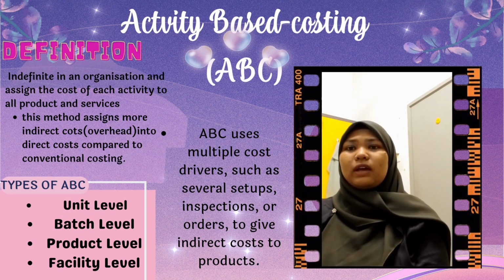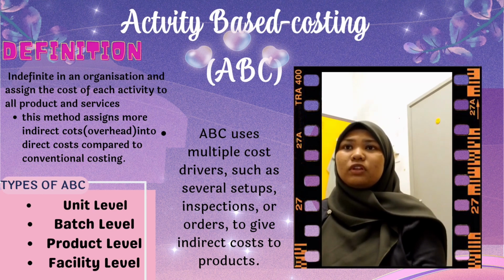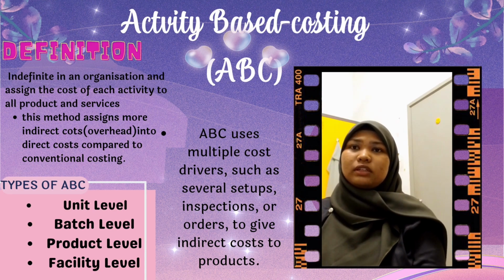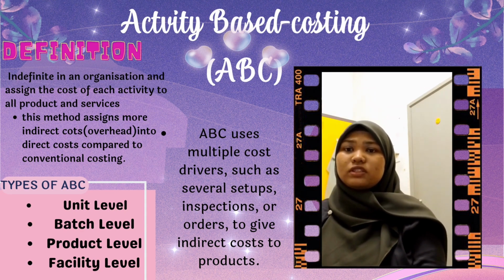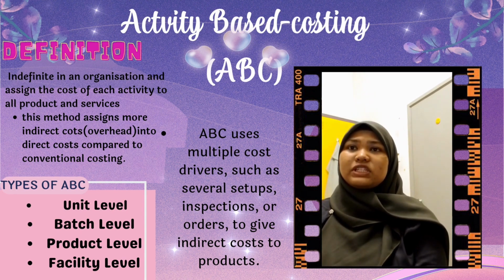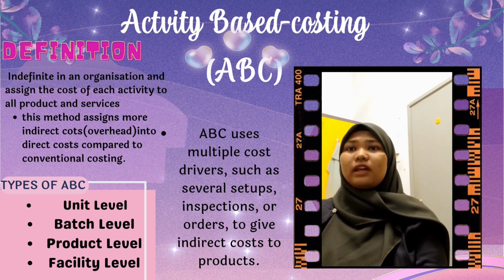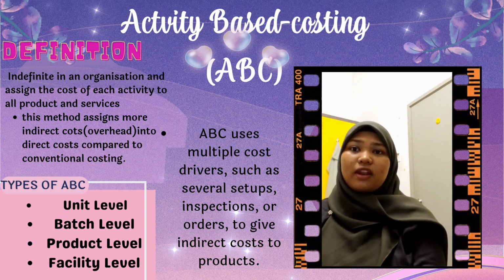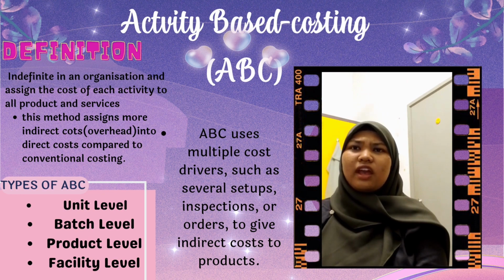We have 4 types: unit level, batch level, product level, and facility level. The difference between ABC and conventional costing is the cost driver. In ABC, actually, we use multiple cost drivers such as machine setup, inspection, or order to give indirect cost to the product. For the conventional, we use the cost driver as direct labor or machine hours to calculate indirect